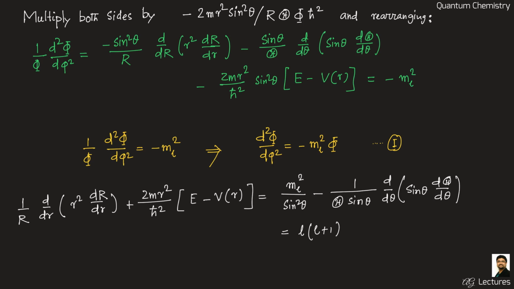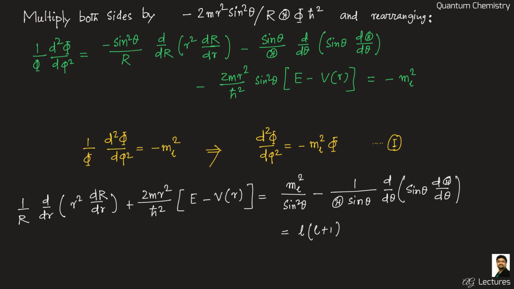So again, both this minus ml square here and the L into L plus 1 here, the choice of these two constants is purely from experience, purely from the point of view of convenience, nothing else. Any particular constant could have been taken, but just because we want finally the value of ml and the value of L to be nice ones, we have taken these